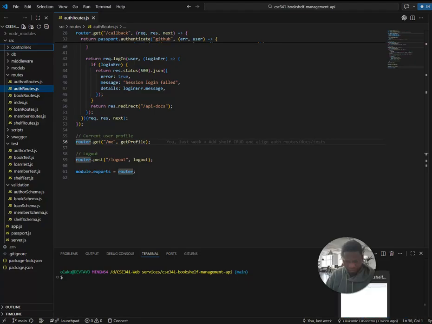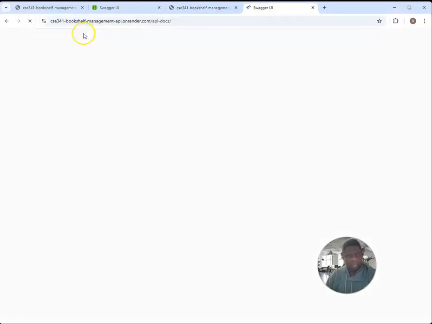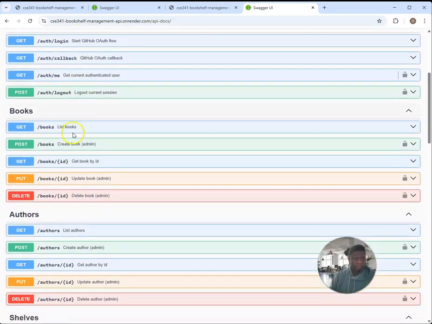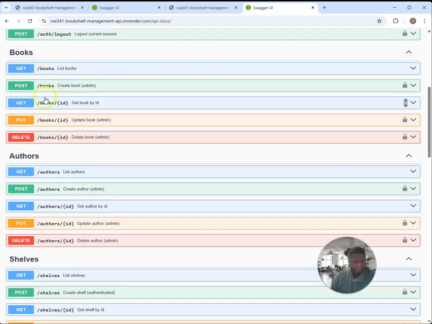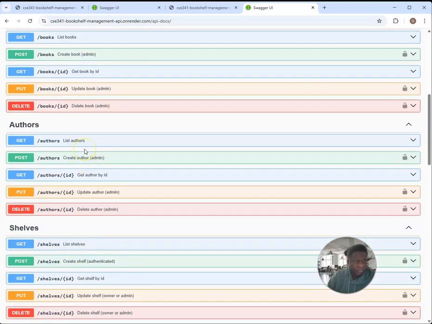Swagger demonstration to display all the endpoints. As you can see, for book, we have list of all books, create book, get book by ID, update book by admin, and delete book. So for the purpose of this demonstration, I am going to pick